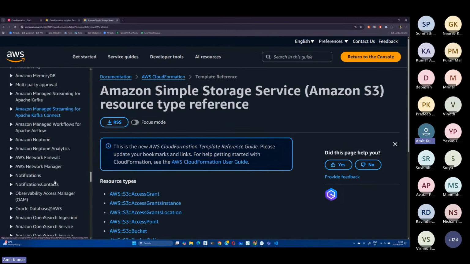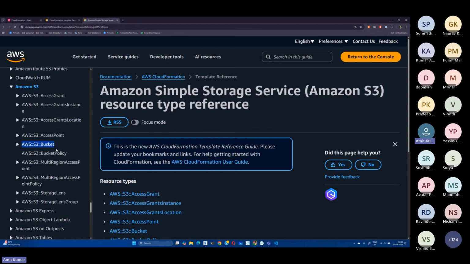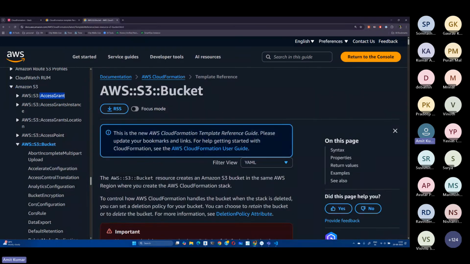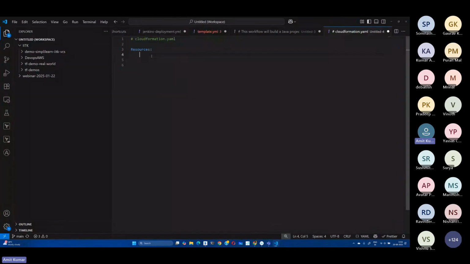Click on it. Now in S3, there are multiple kinds of resources. So you can create bucket, you can create bucket policy, you can create storage lens, you can create access grant, but we want to create a bucket. So let's click on the bucket thing, right? And this is the documentation for AWS S3 bucket. So here is the syntax. When you say properties resources, you have to define the type of the resource, which is AWS S3 bucket. Okay. So in the resource section, you can define all your resources. Each resource has a